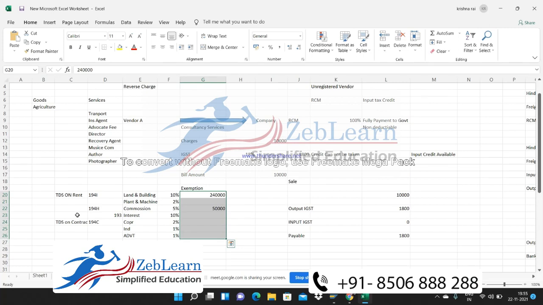There is one more scenario: when we are liable to pay TDS to the government, when it is due to the company, on invoice or while making the payment. What is the rule? When a company or a director is deducting TDS on some services, whatever invoice, whatever services he is taking, when is he liable to deduct the TDS?